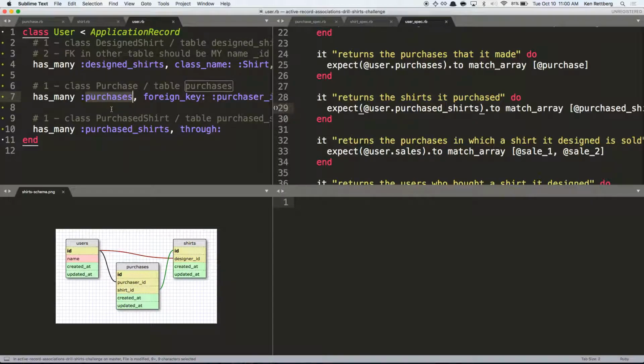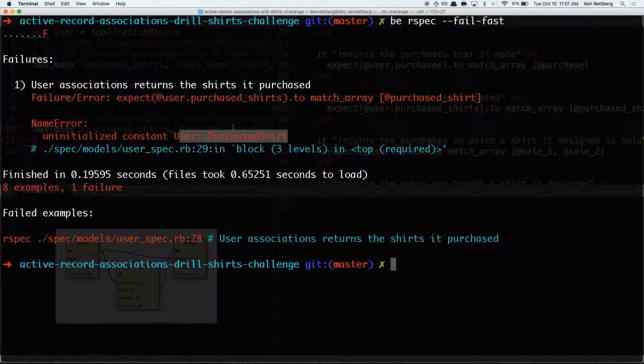Why purchases? Yeah, because we're trying to get the purchases, literally. And if this is named well, then we can safely assume that's what we're getting. So if we say through purchases, run the spec again,